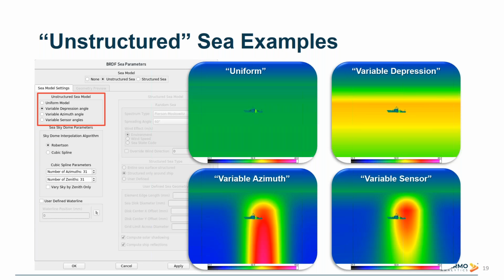In the variable depression model, the directional water model is run once for each horizontal slice in the image. This does give more accurate sea reflections, but does not account for any horizontal changes in the render. The variable azimuth model runs the same as the variable depression model, except does the calculations for vertical slices instead of horizontal. And finally, the variable sensor model